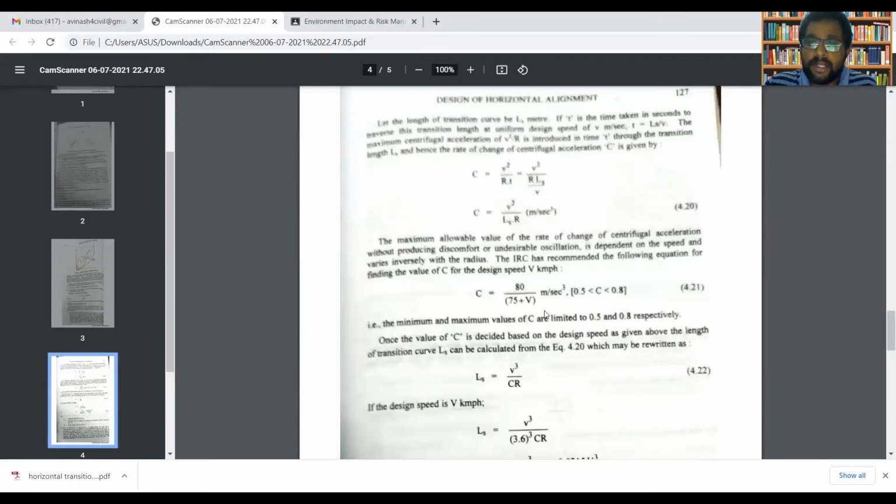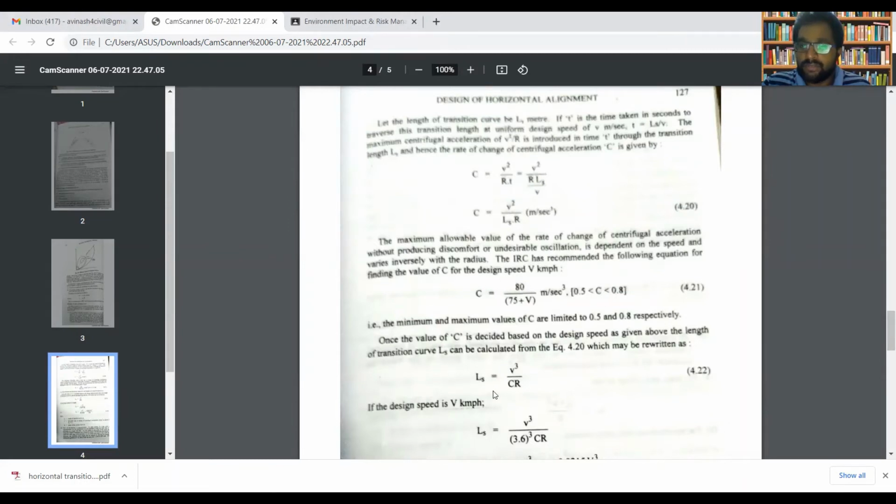This formula is applicable only if the value of C is between 0.5 and 0.8. Which means that the rate of centrifugal acceleration will have a minimum value of 0.5 and a maximum value of 0.8. It should have a value between 0.5 and 0.8. Now, once you obtain the value of C from this expression, you can calculate the